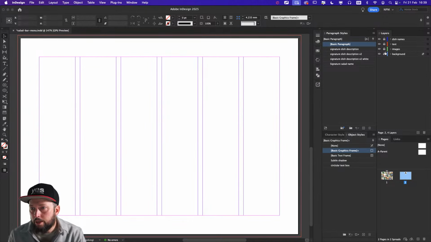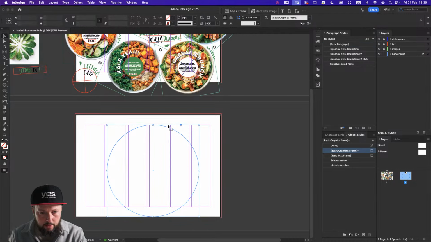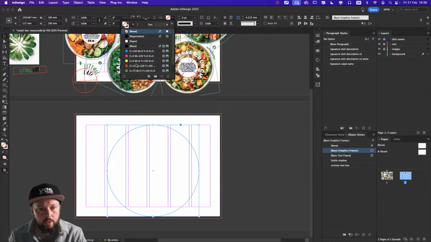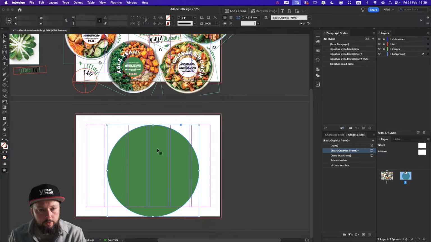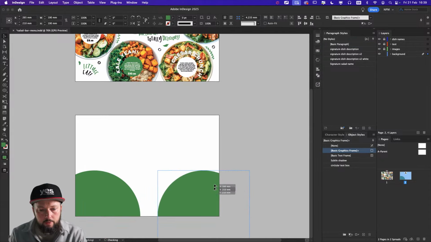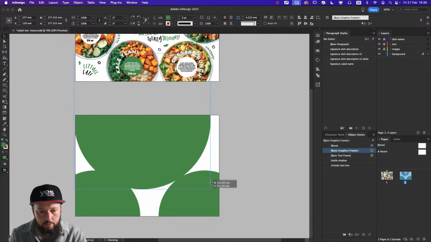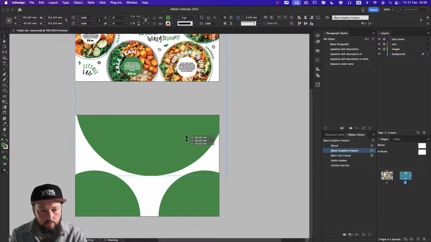So here I'm going to work in the background first, and I'm going to establish the backdrops. So first of all, I will use a circular shape and zoom out a bit. And I want to create a big circle, which will go at let's just fill this in with a color for now. Let's use that green that we created before. We can put that on the bottom there. That's one shape. We would have another shape here, and then we would have an even bigger shape on the top, but I will make sure it's a perfect circle,